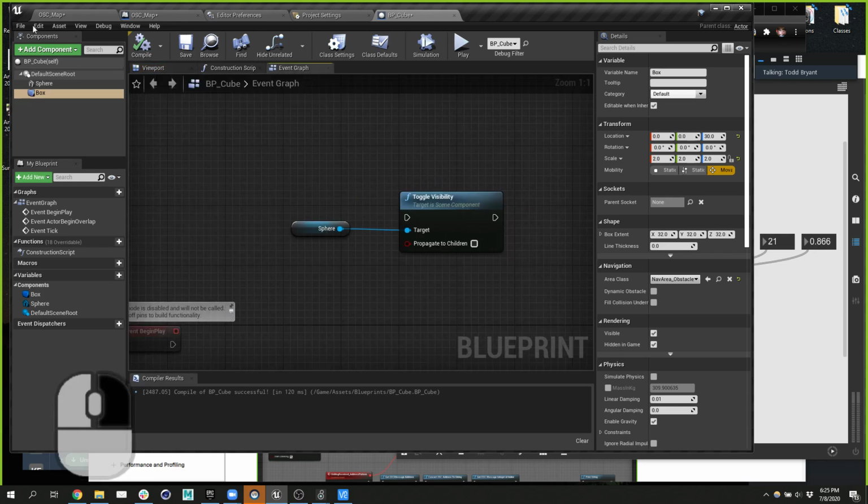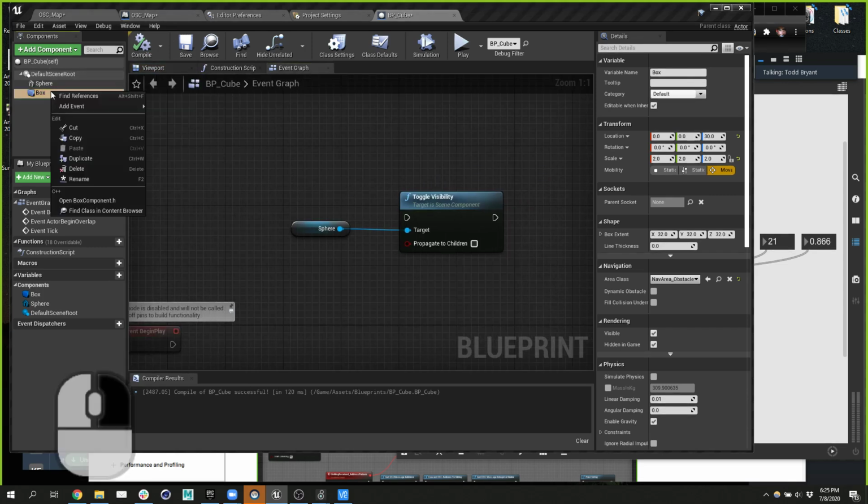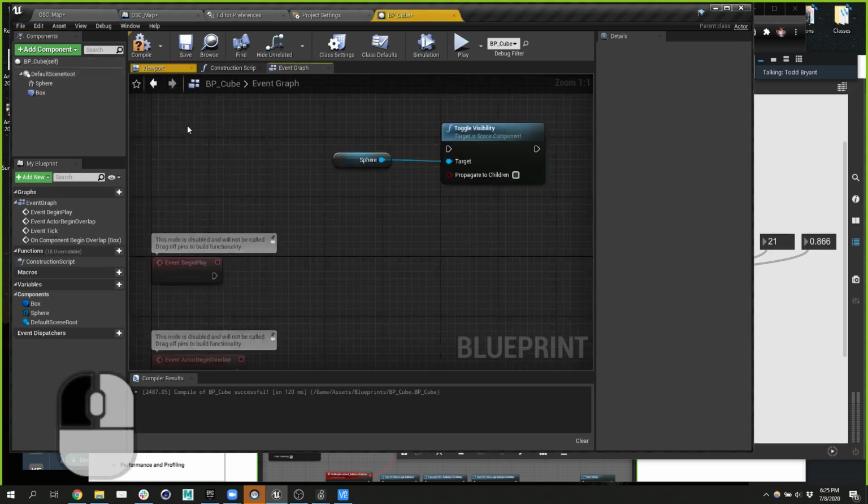Again, this is kind of the idea of context sensitive. If I right click on the box, all the events it can trigger are right here. And so I want it to be that when I overlap, when I go into it, like if I was going to build a door that opens up, when I go into this invisible collision, door open, and then when I leave the overlap, door close. But for right now, we're just going to say when I begin overlapping,